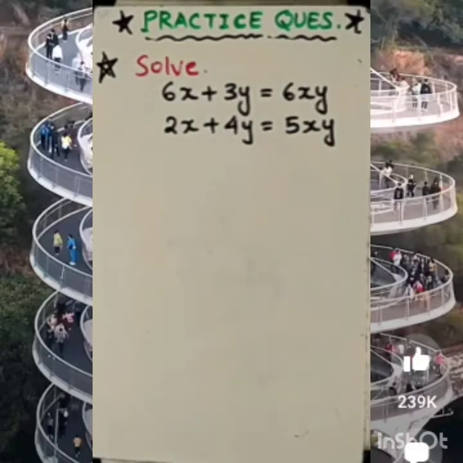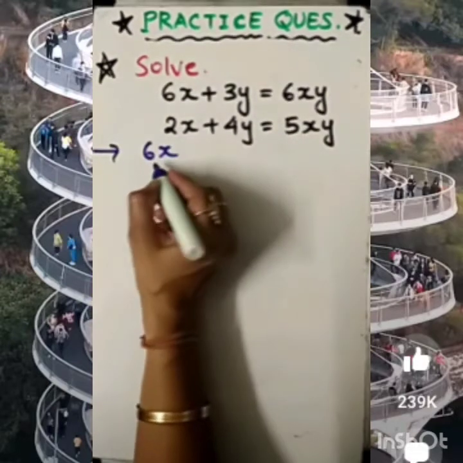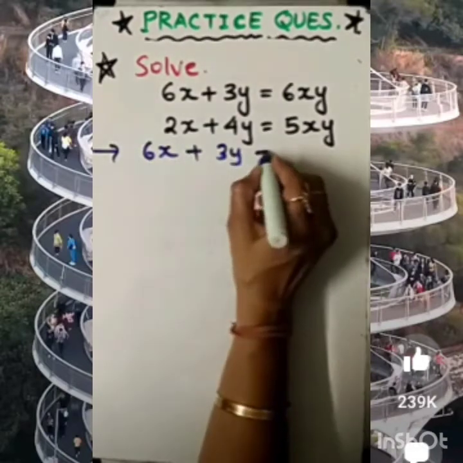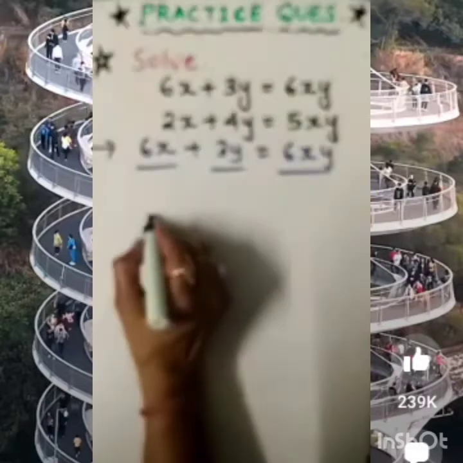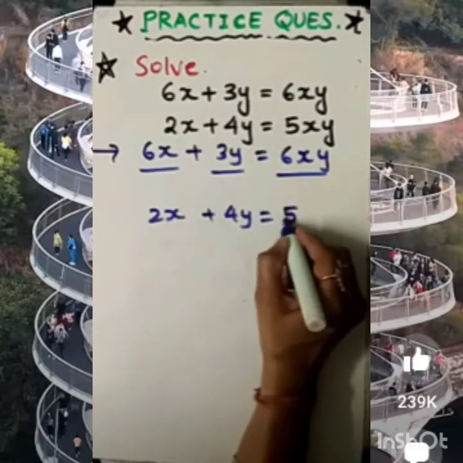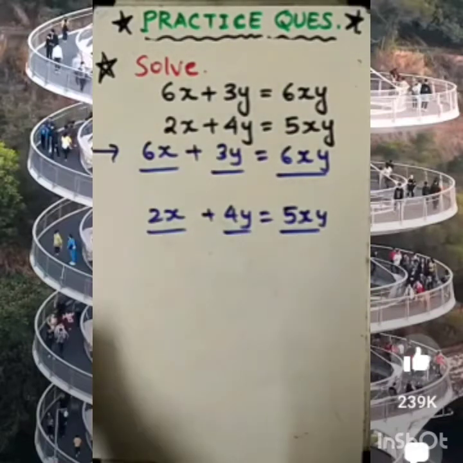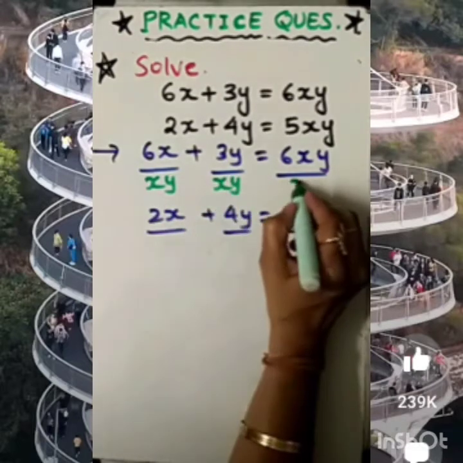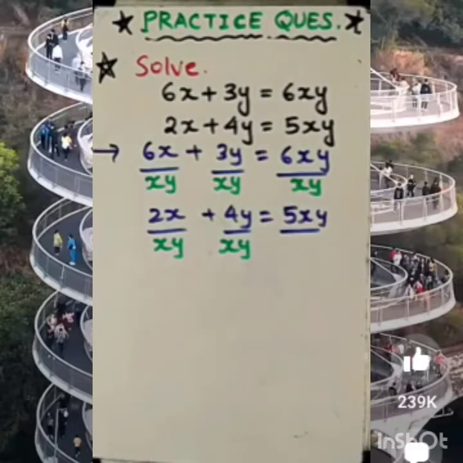Okay, so if you remember the same type of question we have studied in exercise 3.6. In such a type of question, we need to divide each and every equation by xy. Same thing is here for this equation also. Divide the equation with xy. Fine. This is the technique. This technique you keep it in your mind. Don't forget it. Each and every question we are dividing by xy.